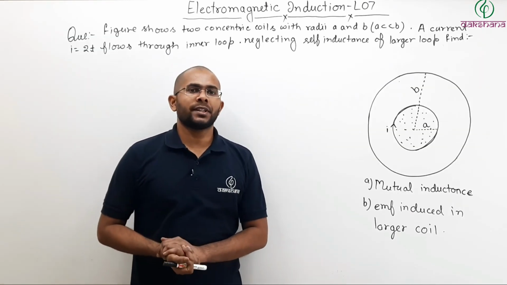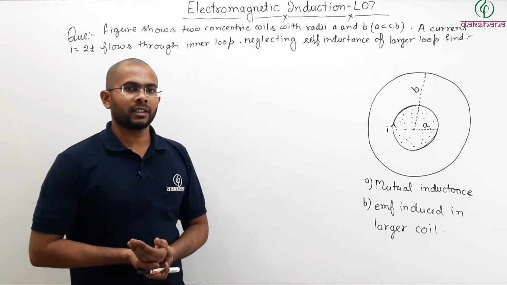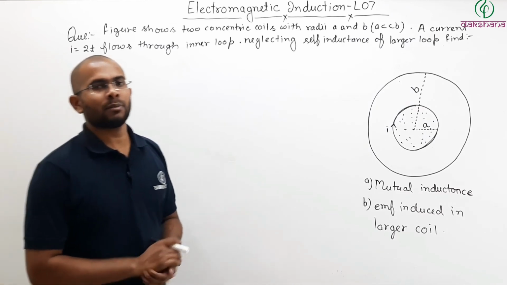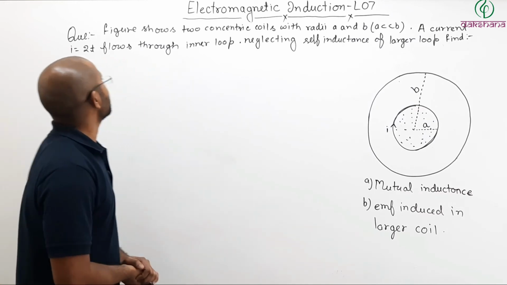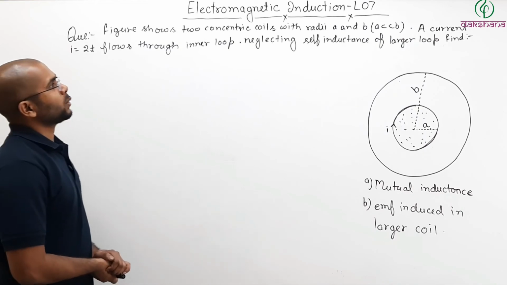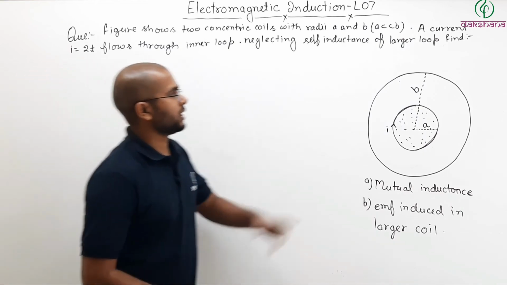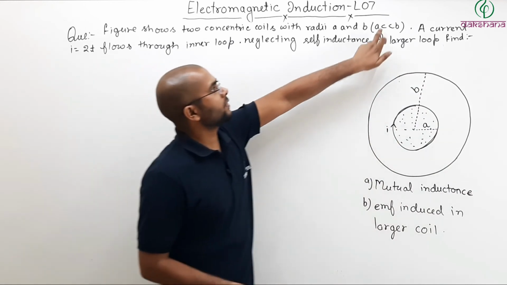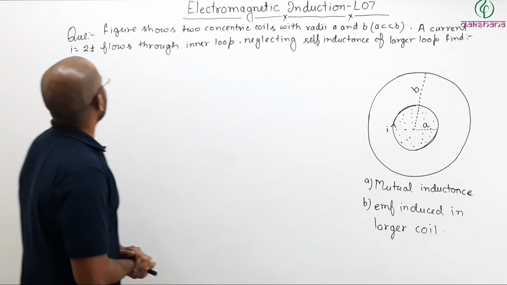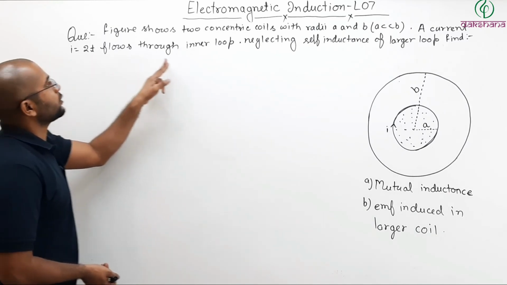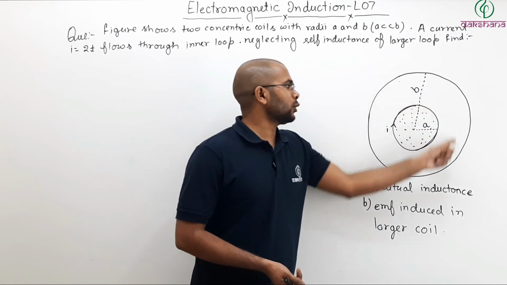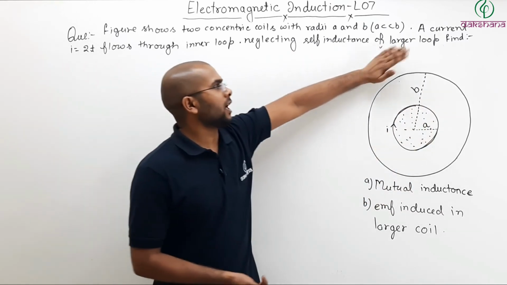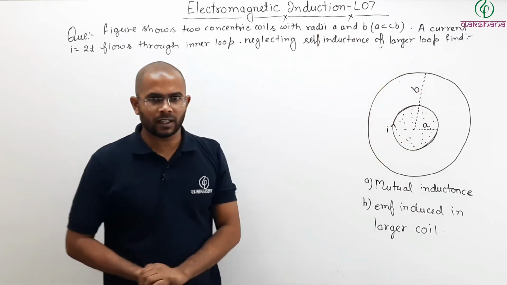Now most of the students tend to forget what they have studied earlier. So let me refresh your memory and let us try to solve a question based on mutual inductance. Now here the question is, the figure shows two concentric coils with radii A and B. So here we have two coils, inner radius A, outer radius B, where A is very small compared to B. A current I equal to 2t flows through the inner loop. So through the inner loop, 2t current is flowing. Neglecting self-inductance of the larger loop, find: